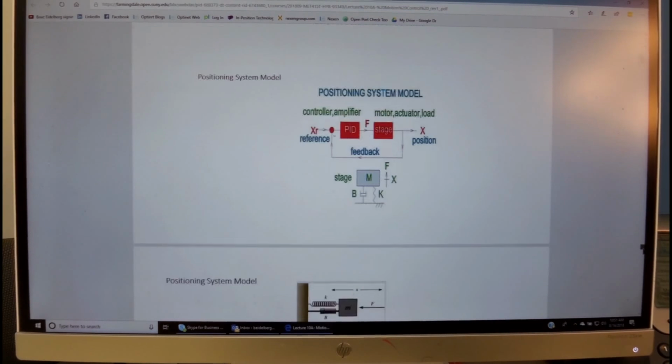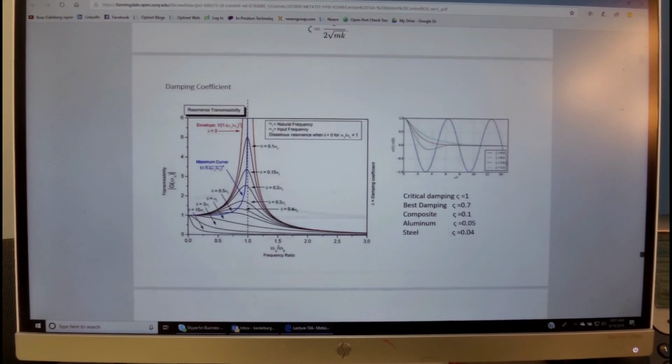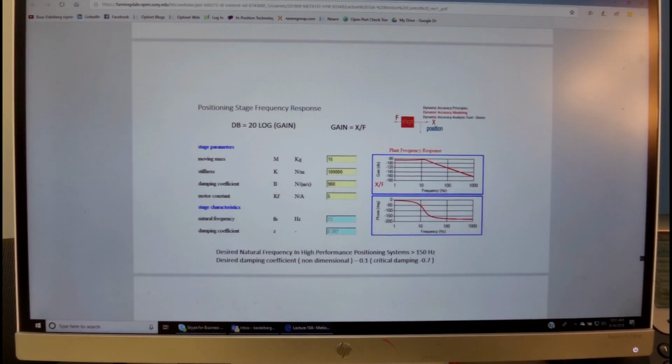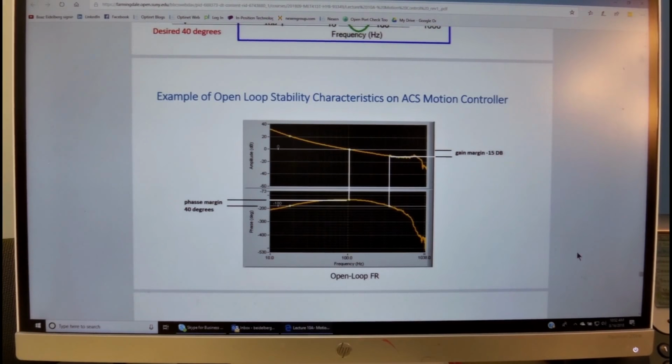We have seen the demonstration of the system which I developed. This gives you different definitions and more descriptions for you to follow on a PDF, and this will actually show us an example of an ACS stability of open loop diagram online. And the stability criteria is being determined by two factors.